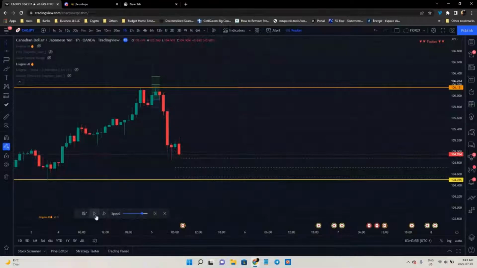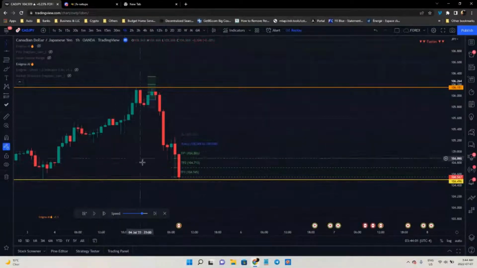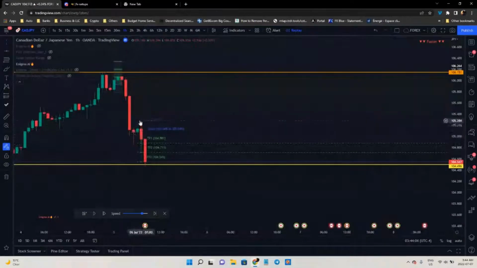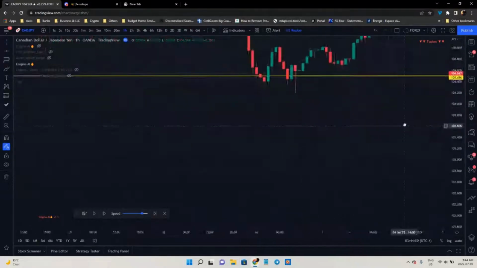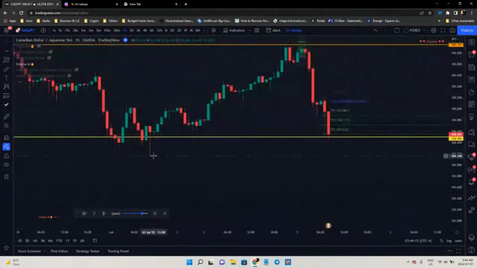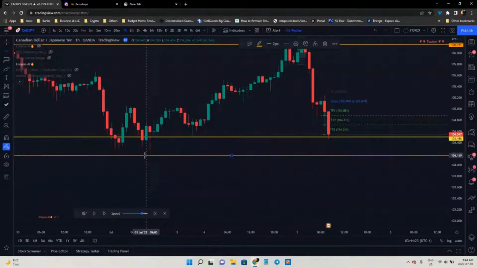But here when I saw that, I said, okay, next candle I'll be entering for a sell, and my target price here was here. You always want to plot your target on the previous low. That was my target here, but my first target was right here. So that was the TP3 zone. And the second one was right here. Okay, so if we continue the replay,